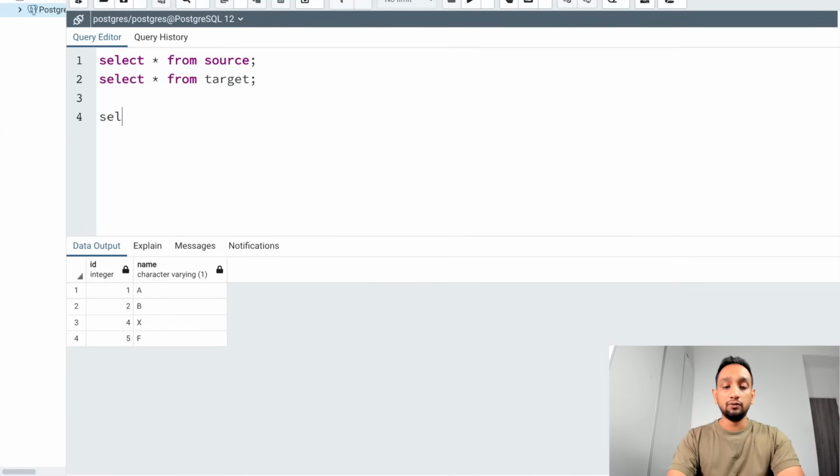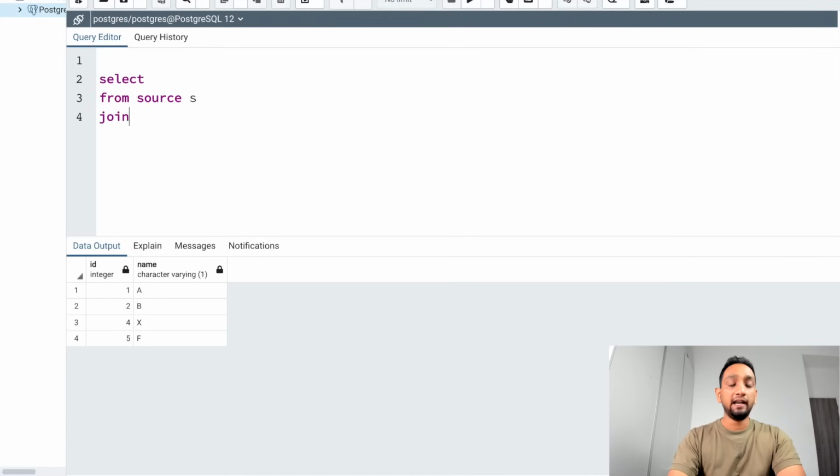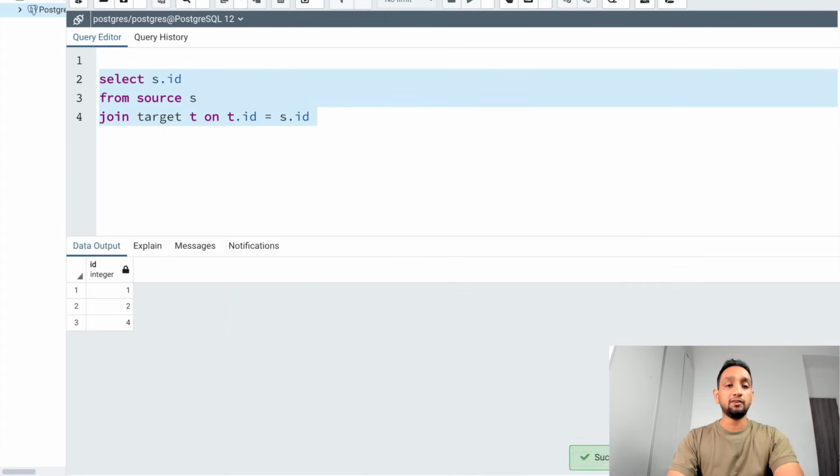So I'll just remove this. I'll just write select from source, and I'll give alias like s. I'll do an inner join and join it with the target table, give an alias like t, and mention my join condition like t.id equal to s.id, and this is fine. So if I execute this, I'll select s.id. If I execute this, you can see I'm getting all the IDs which are present in both